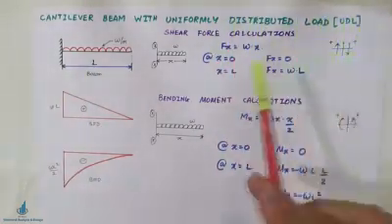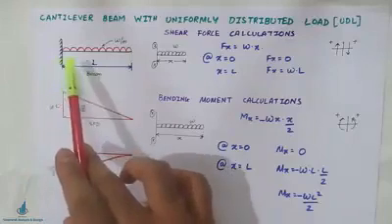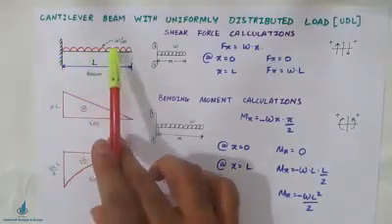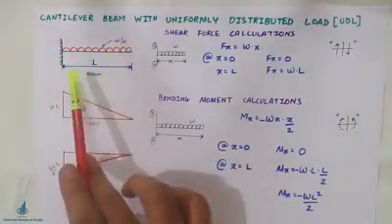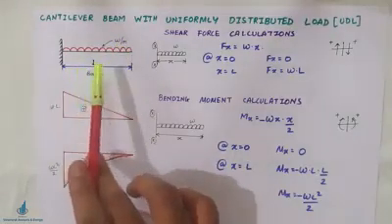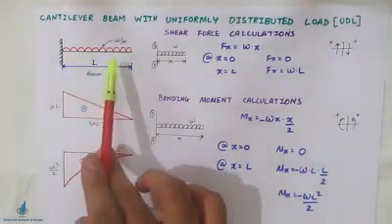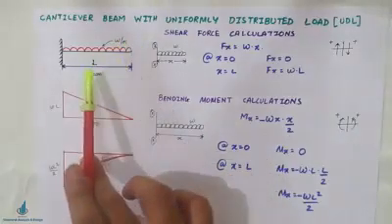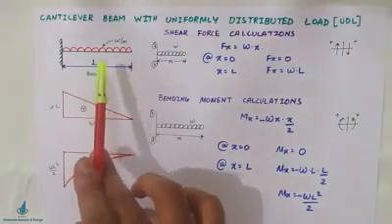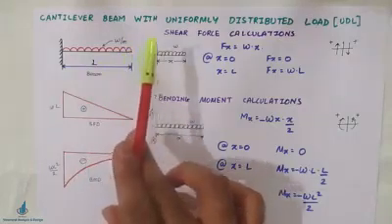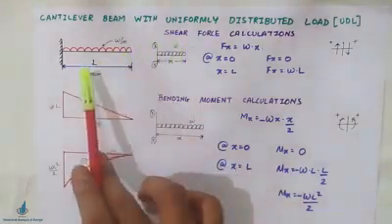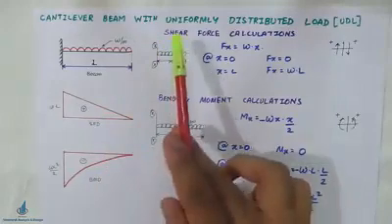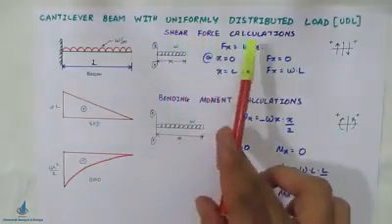So this is a cantilever beam having a uniformly distributed load W per meter over an entire length L. First I will solve the general problem by taking W as the load and L as the length, and then we shall discuss one numerical example based on a similar concept. First, we shall go for the shear force calculations.